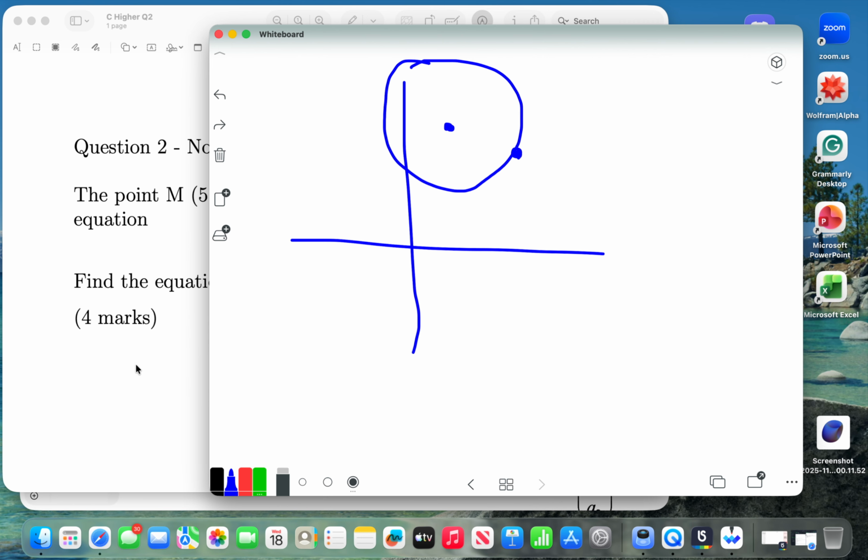You want to first of all find this radius and the gradient of this radius. We'll call this point at the centre C and this point on the circumference M. So we want to find its gradient. And that's 6 minus 7 over 5 minus 2,